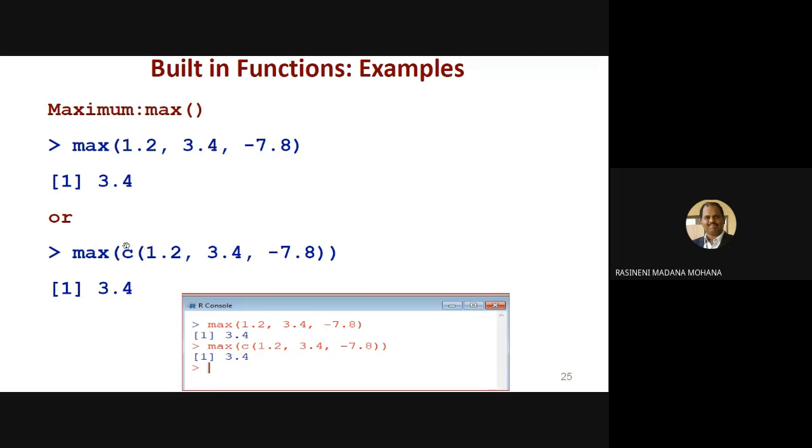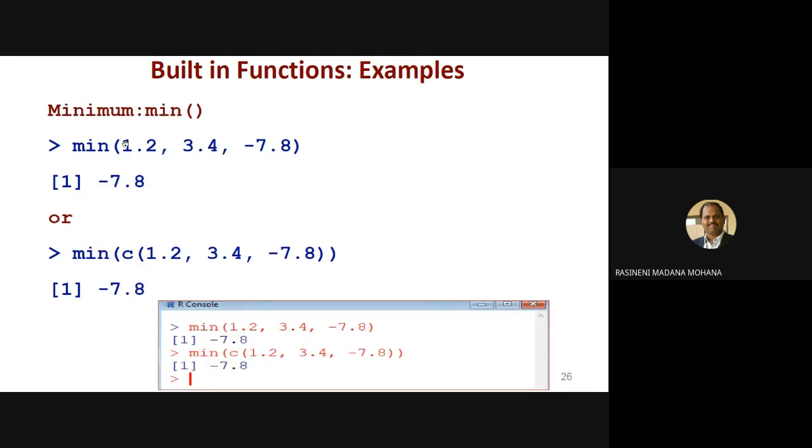You can take a vector using c(). Now among these values in the vector, it produces the maximum value, the same output. So max of c(1.2, 3.4, -7.8). What is the maximum value? It gives 3.4.